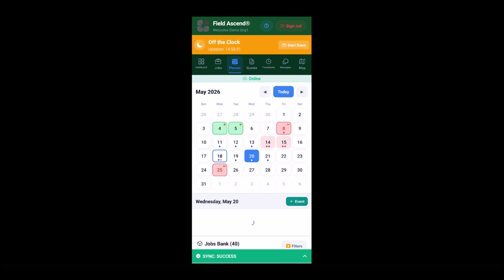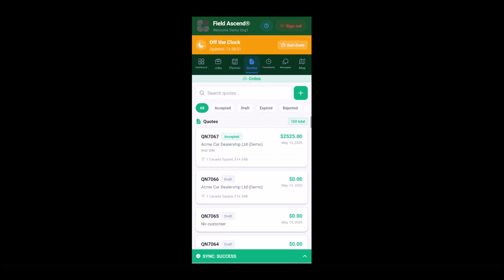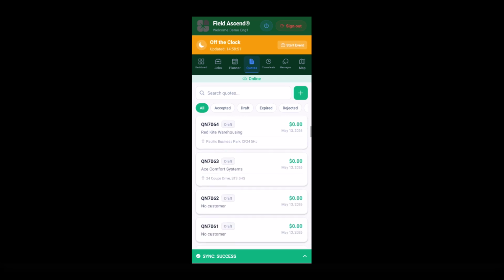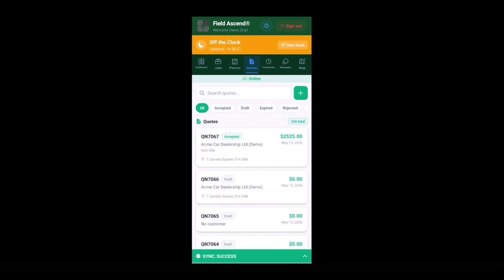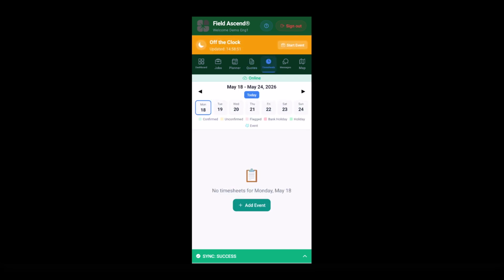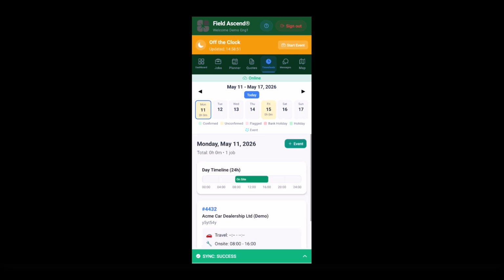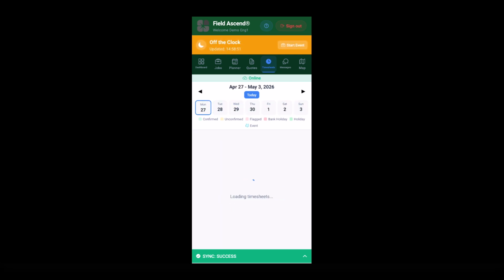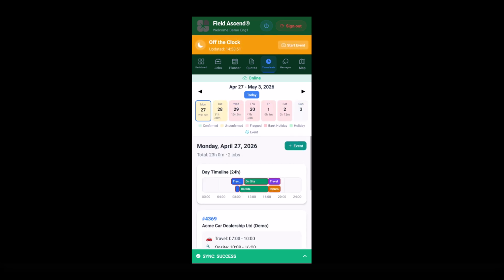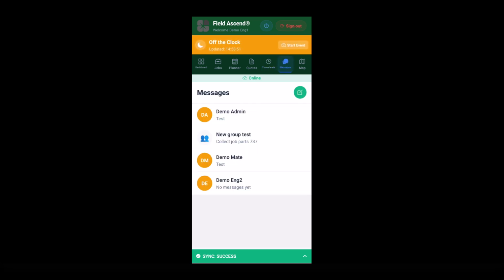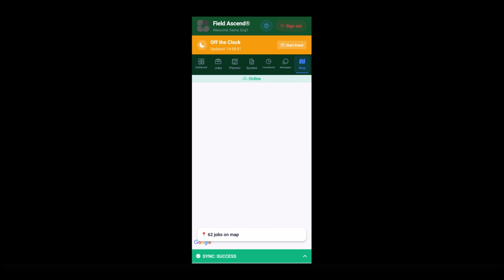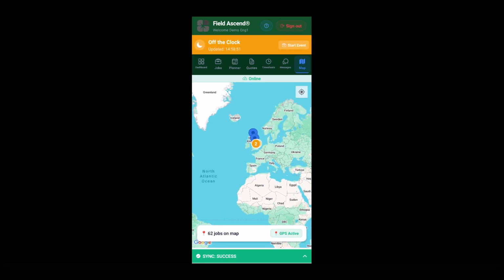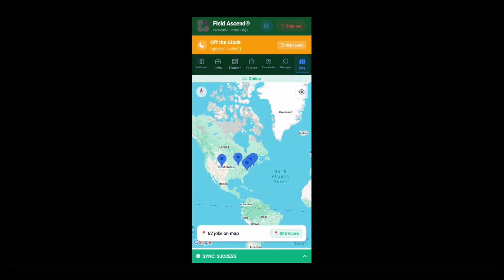top. There's also the planner, a month view of all jobs that mirrors the office planner board, so the engineer always sees the same schedule the dispatcher does. If you have this option enabled, engineers can also raise quotes directly from the app. Timesheets are optional too. We have them turned on here, which lets engineers view their work time in a Gantt-style layout. There's a built-in messages feature and a map view that shows any standing or open jobs against their site